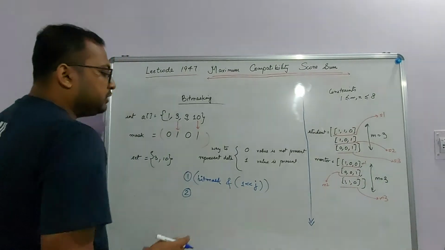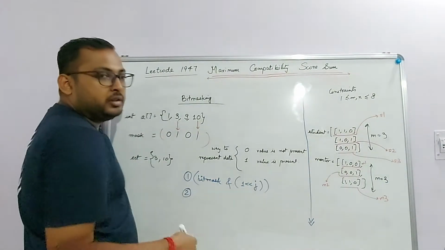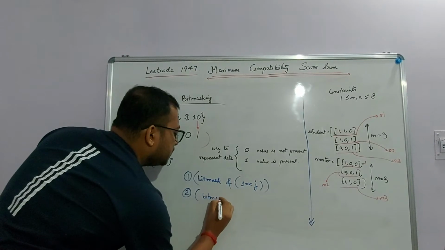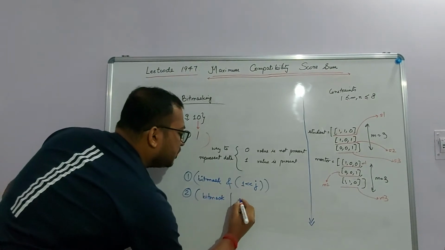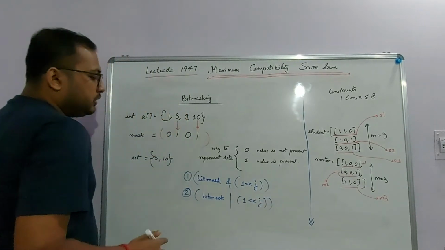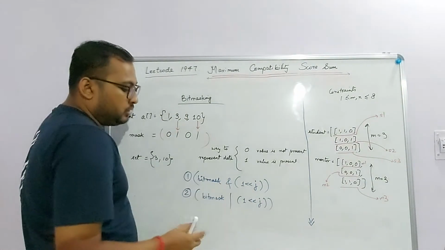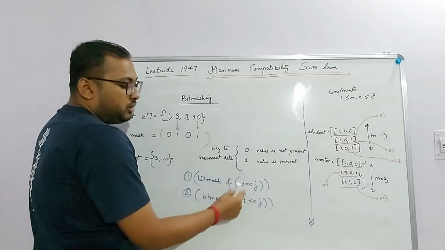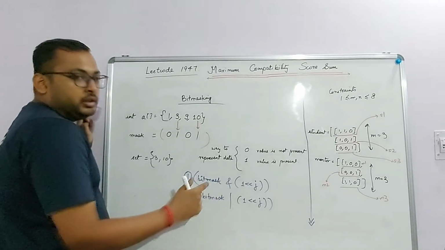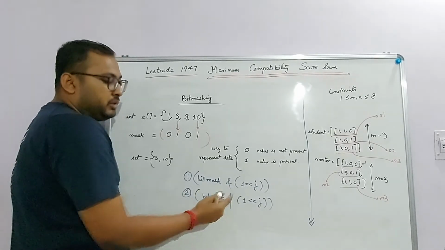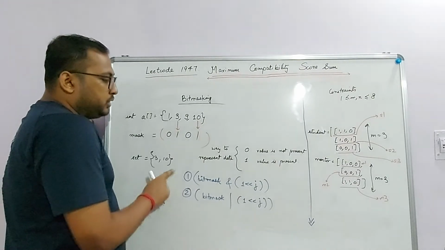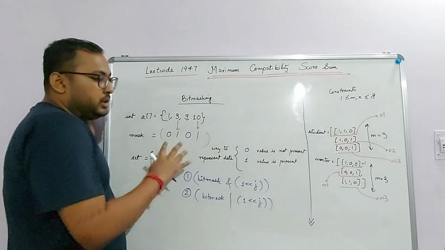Second, if you want to purposely set the jth bit to true, how do you do that? You take the bit mask and do a bitwise OR with 1 left shifted j times. So these two things you should definitely know: how to check whether a particular bit is on or not, and how to set a particular bit. If you don't know these, then you should read about how bitwise AND and bitwise OR work and how these operators perform. Once you know this, let's move ahead and see the recursive structure of this problem.